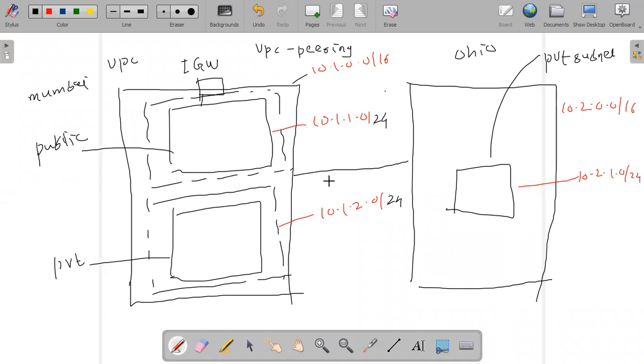And then we have VPC pairing. This is a connection between two VPCs. Then we will launch instances. So here we have a discussion of VPC pairing on two different regions, one is Mumbai and other is Ohio. You can have VPC pairing between VPCs in the same region also, or you can have VPC pairing in a different account also. So as per that you have to provide information.